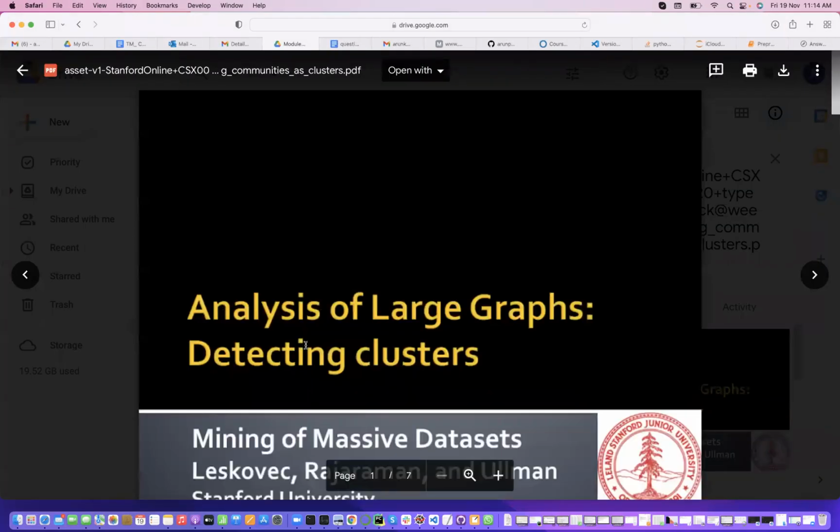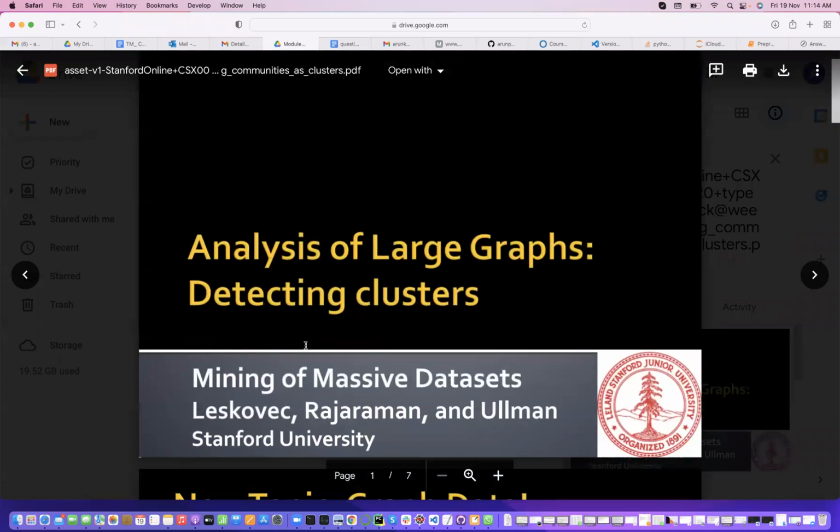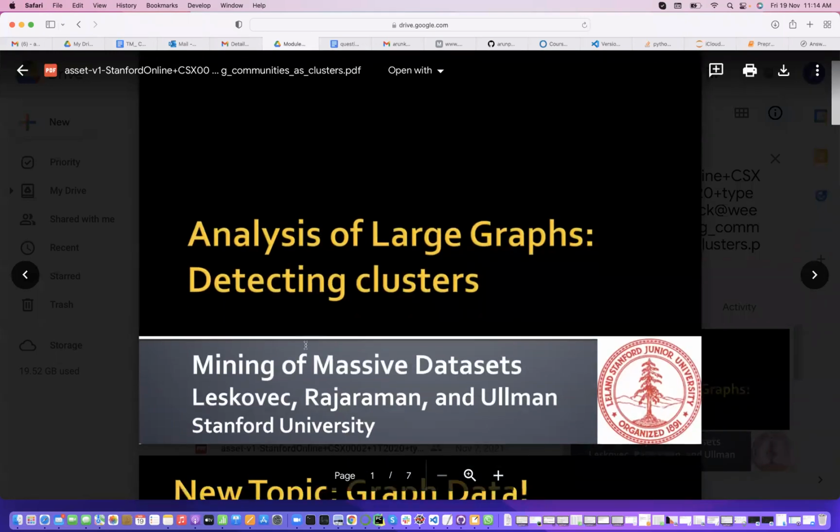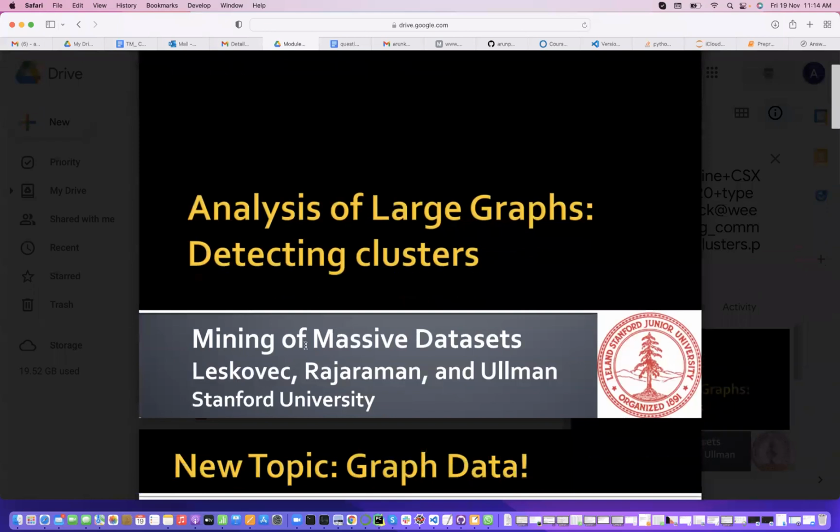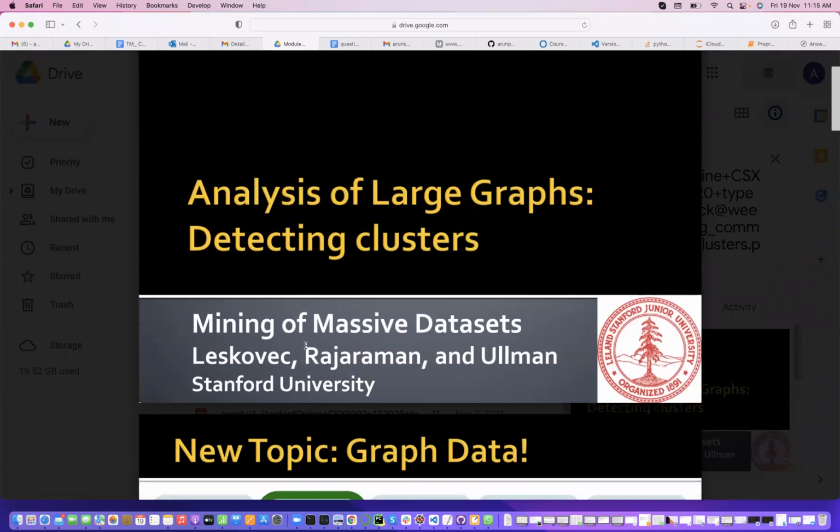So what more problems do we have in large graphs? One more problem is detecting clusters. We have some idea of what a cluster is. If you make clusters, within the clusters you should have less distance, and the distance between two points falling in two different clusters should be more. That is the simple principle whenever we are doing clustering.